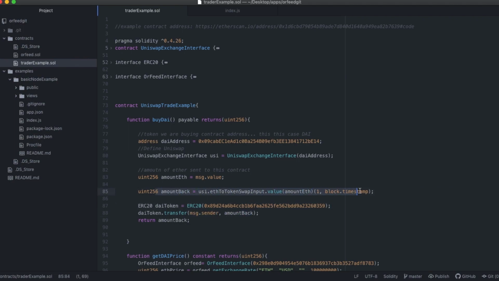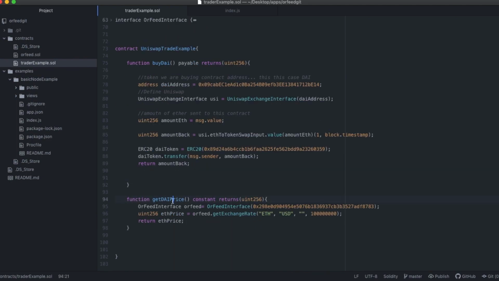And up here is actually the whole transfer. I sent over the amount. I called the exchange object. I said ETH to token swap input, which is just a function. I sent over the amount, and I said do it on this block now. And then transfer whatever I get back in DAI token to the person. So you send in ETH, I will exchange it and give you back DAI. And in the future, like we said, we might do a bunch of stuff. We might go to Kyber, take that DAI, convert it to cDAI, earn some interest, then send it back. I don't know, do anything. And then I return how much I got back.